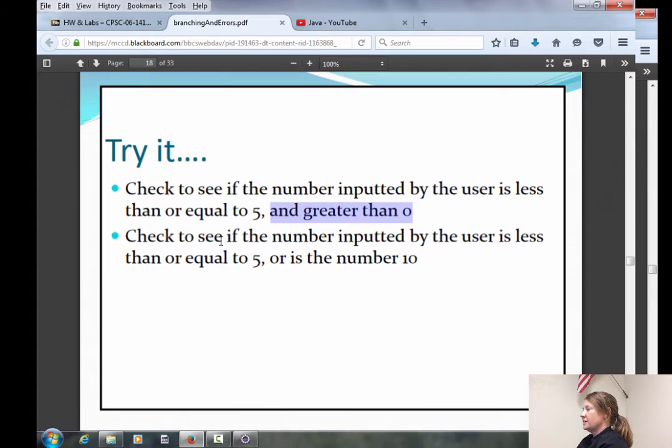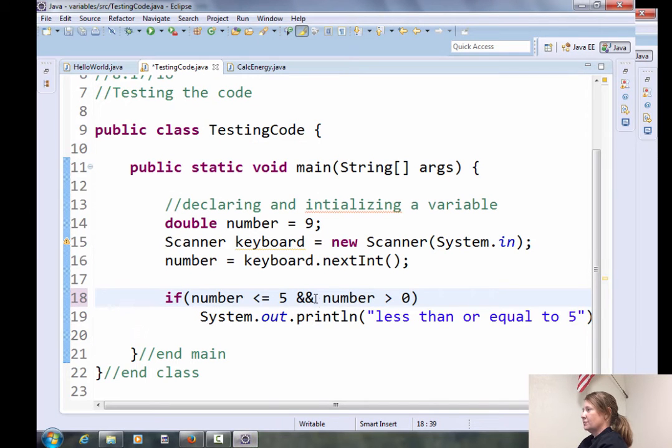What if we wanted to say, check to see if a number inputted by the user is less than or equal to 5, or is the number 10? Hopefully you're doing this in your head. Well, you put the or operator in there. And you said is the number 10, which means it's equal to the number 10. Now, is that ever going to be true? Well, yeah. Let's see what values would make this statement true.